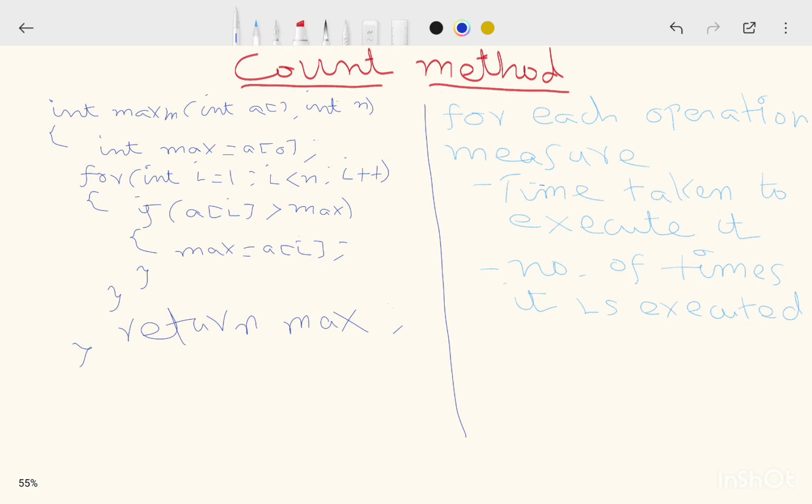That means for each line, we need to measure the time needed to compute or execute that line. And then for each line, we need to measure the number of times it needs to be executed to complete that particular program. To explain this, I use one simple program to find the maximum value in an